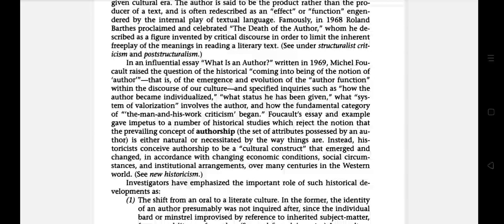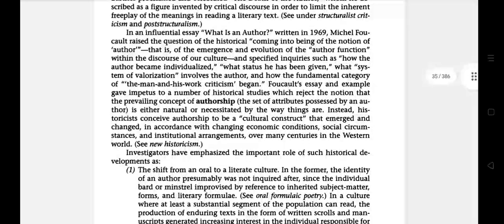Foucault's essay and example gave impetus to a number of historical studies which reject the notion that the prevailing concept of authorship, the set of attributes possessed by an author, is either natural or the way things are. Instead, they conceive authorship to be a cultural construct that emerged and changed in accordance